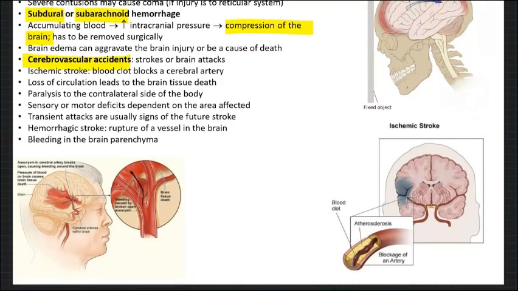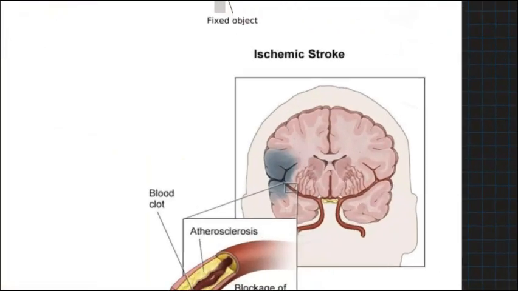Cerebrovascular accidents. I did not look at the latest statistics, but it's either the 5th or the 6th most common cause of death. Okay. In terms of disease, not like car crashes or murders or whatever, suicides. Stroke is the 5th or 6th most common cause of death. Okay. There are two types of stroke. One is ischemic,